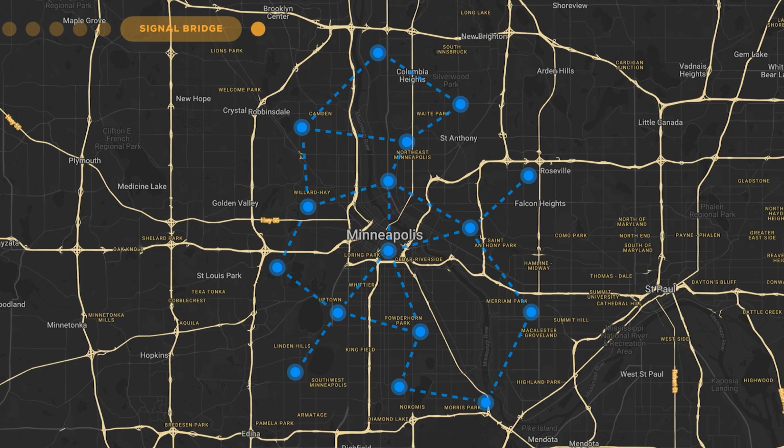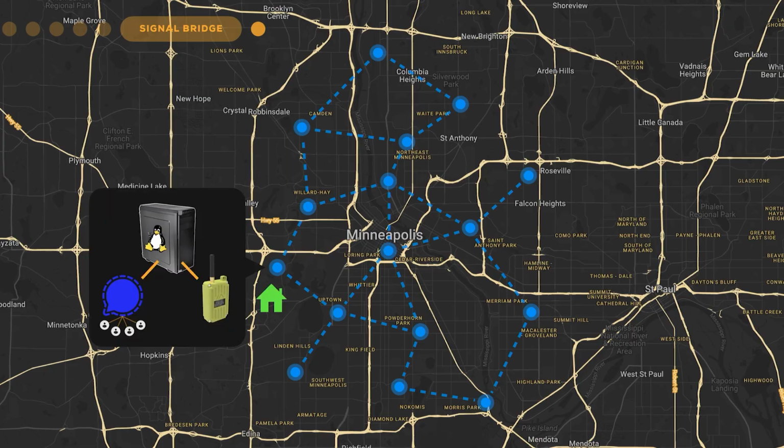So we'll go back to this mesh representation that I brought up earlier. How this program works is, if I was going to run this, I would run it at my house as a single user, for a small group of friends or trusted people that I know. I would run it on a Linux host at my house, and that host would have its own dedicated Meshtastic node connected to it. It would also be authenticated to my Signal account. And then what the program does is it bridges a Signal group chat with a private Meshtastic group chat.